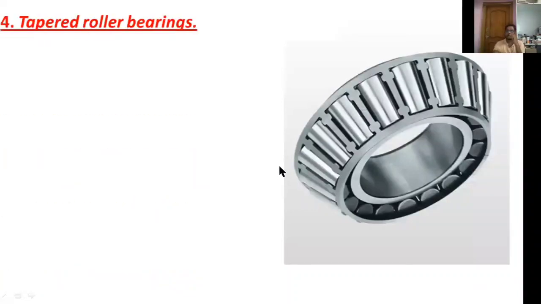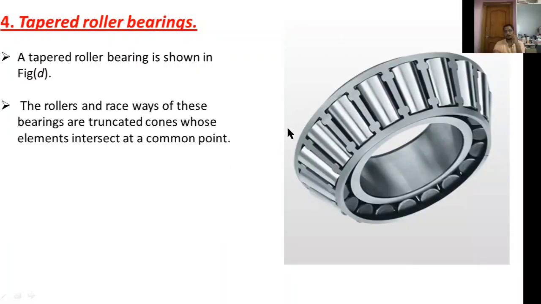Now the last one is tapered roller bearings. In tapered roller bearings we are using taper rollers. The shape of these rollers is a taper section. The rollers and raceways of these bearings are truncated cones, whose elements